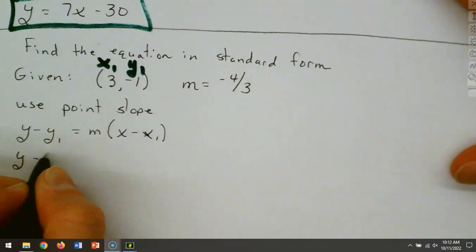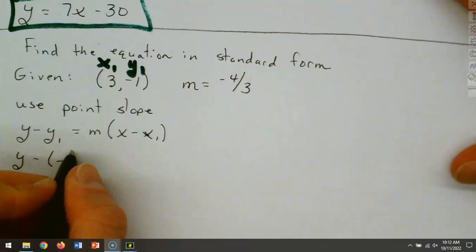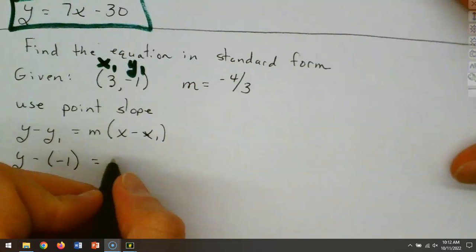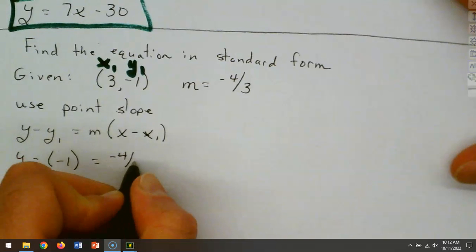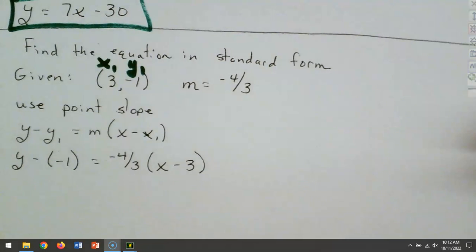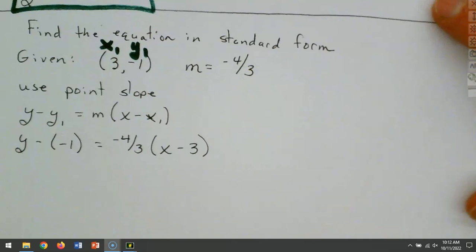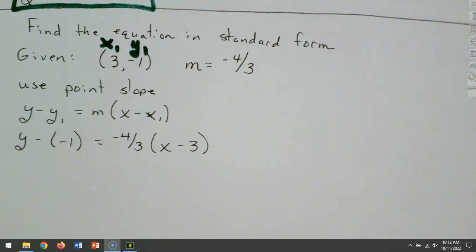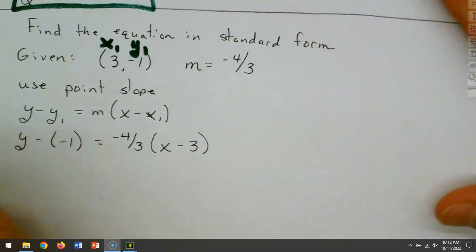So that's y minus a minus 1 equals minus 4/3 times x minus 3. All right, so now we're going to go ahead and clean this up, and then we're going to get it in standard form. So double negative